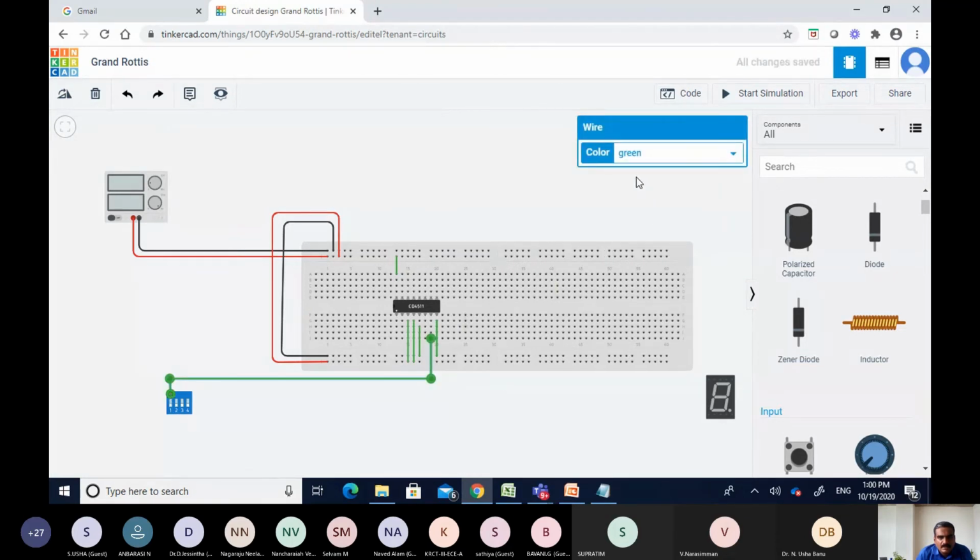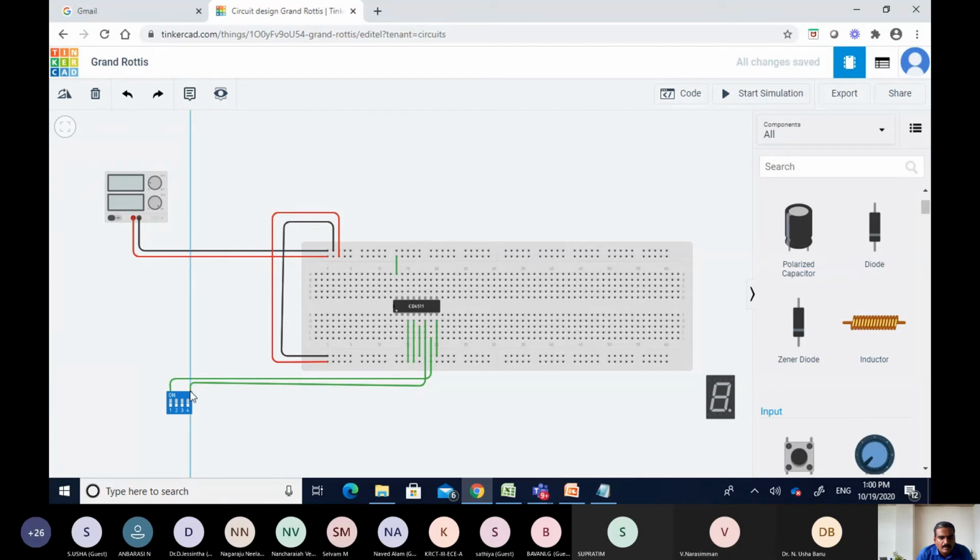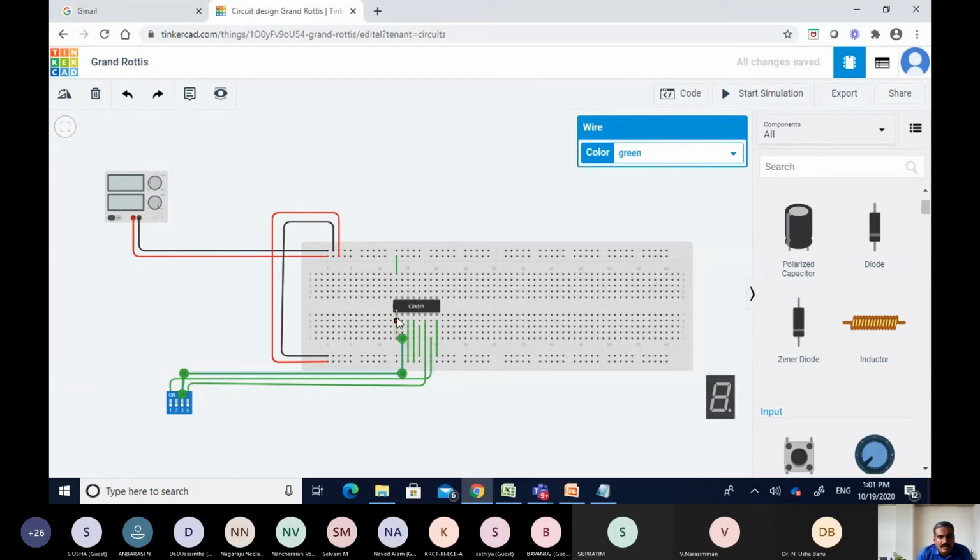Then this is input 4. The next one is input 3, and then you have your input 2.